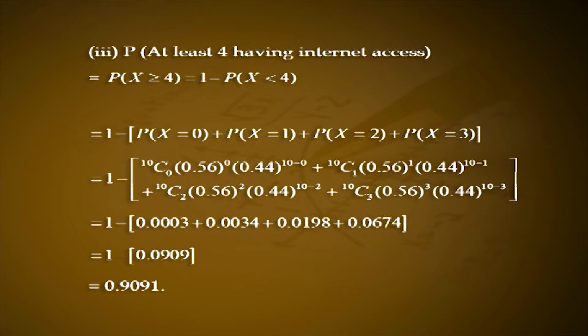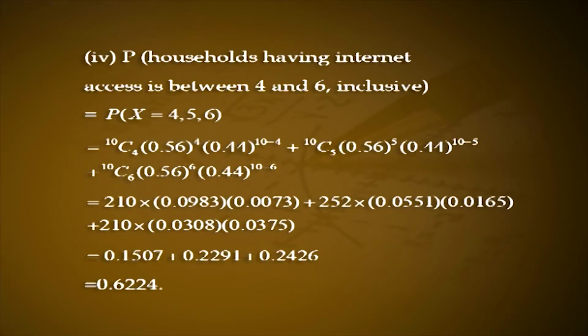0.0003 plus 0.0034 plus 0.0198 plus 0.0674, that is 1 minus 0.0909, that is equal to 0.9091. Probability of households having internet access is between 4 and 6 inclusive equal to P of x equal to